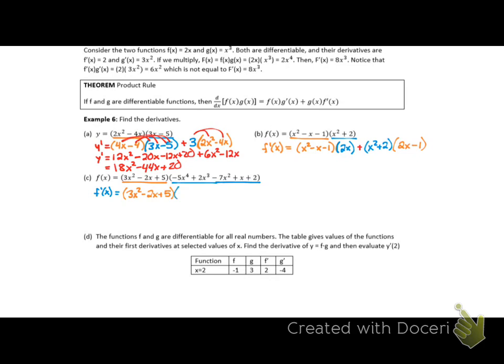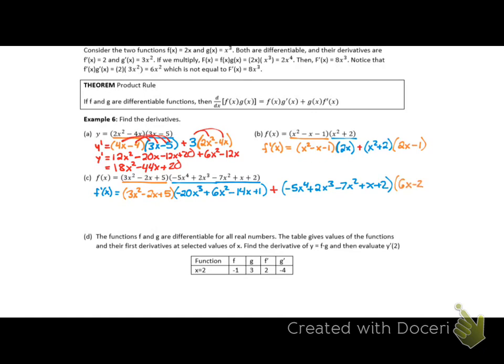So we have negative 20x cubed plus 6x squared minus 14x plus 1 plus the second function, which is negative 5x to the 4th plus 2x cubed minus 7x squared plus x plus 2 times the derivative of the first function, which is just